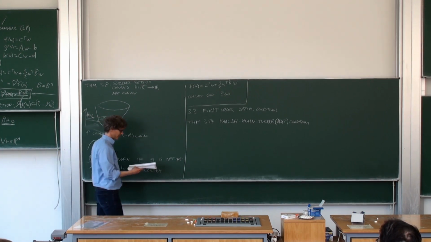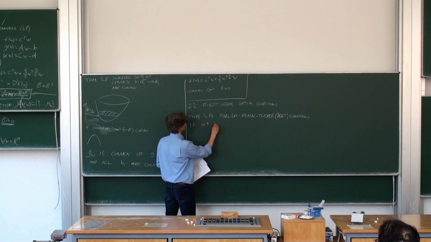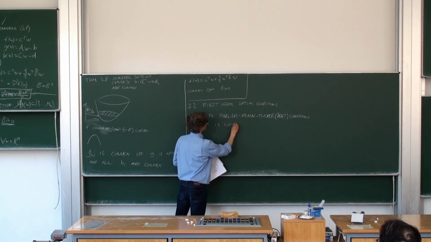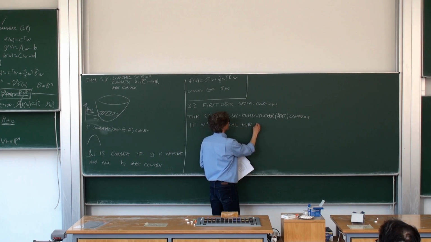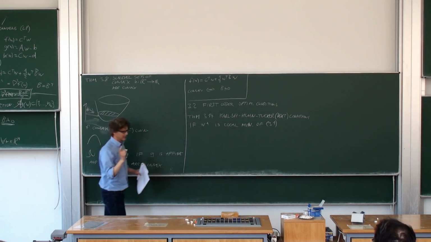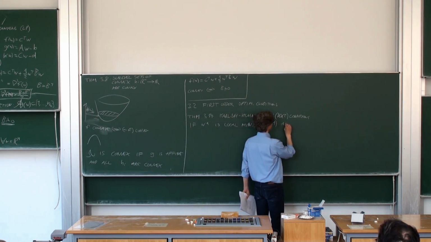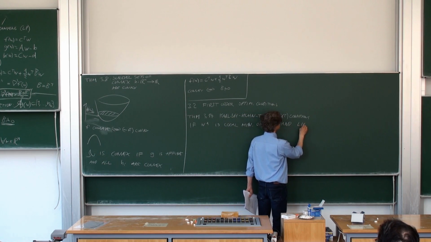And so the theorem says if you have a local minimizer, so if W star is a local minimizer of 3.1 of our problem, and a technical condition holds, and I will specify it in a minute, and LICQ,